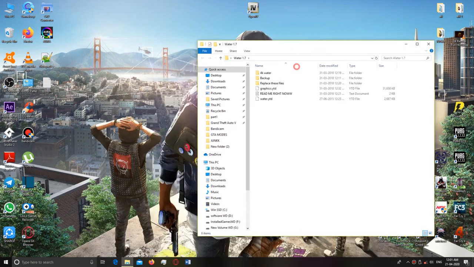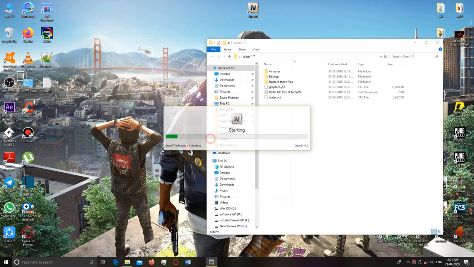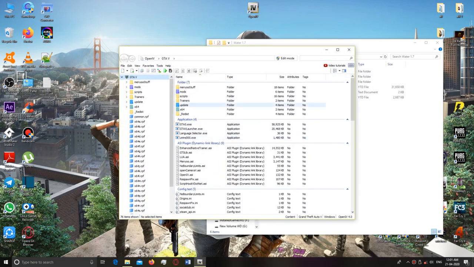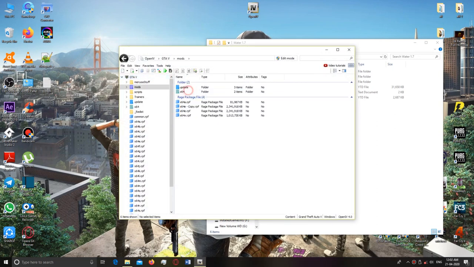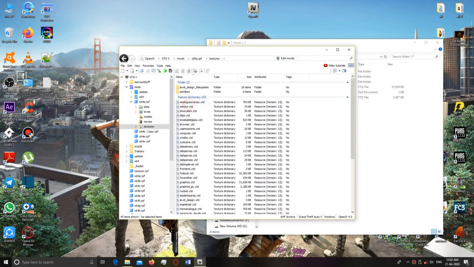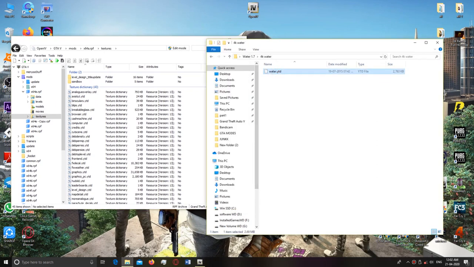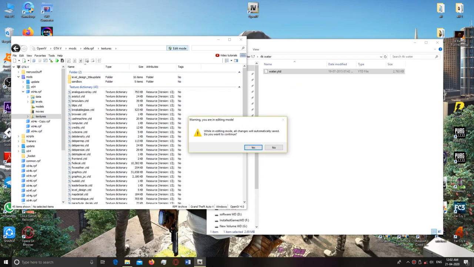Open OpenIV. Windows. Mods folder. x4a.rpf, texture, and copy to 4K water, edit mode. Yes,